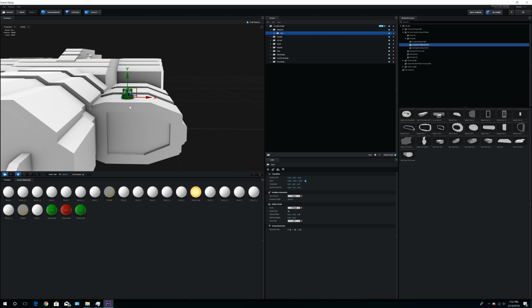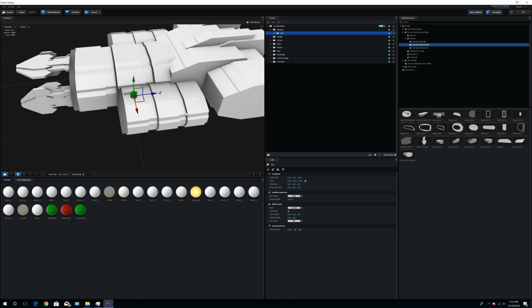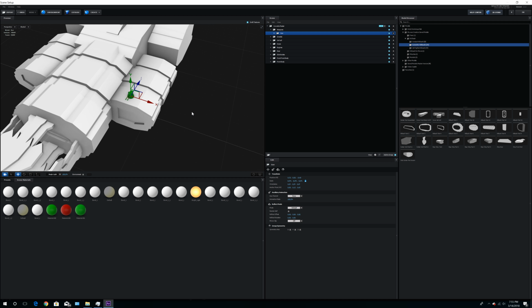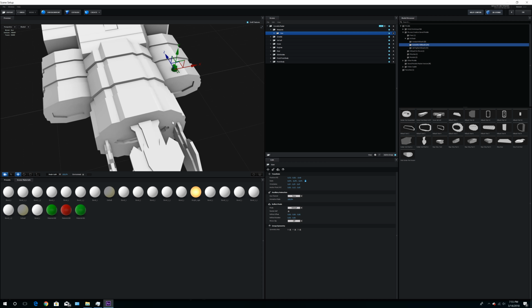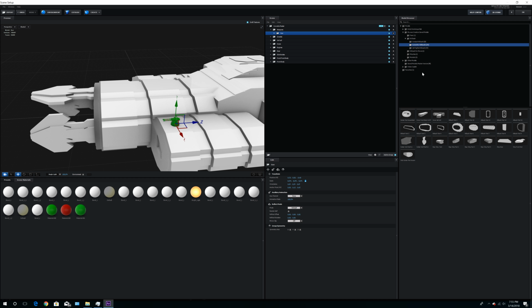Alright, so that takes care of weapon 1, and all you guys gotta do is just do Control D and duplicate that and literally put any weapons you want on this ship. Okay, you saw mine had cannons everywhere because I think that just looks cool, a ship that has cannons everywhere and missile launchers. Alright, so now we're gonna bring in our missile launchers, create a new folder and type in missile